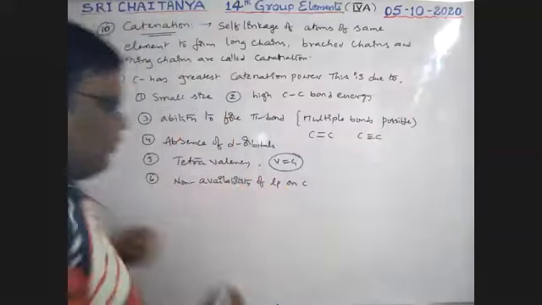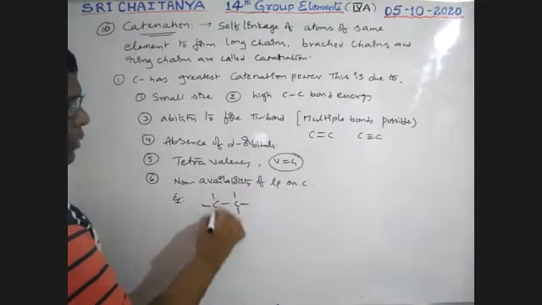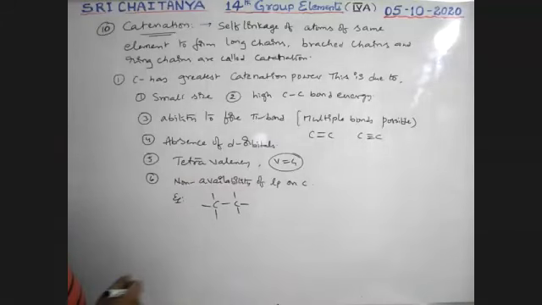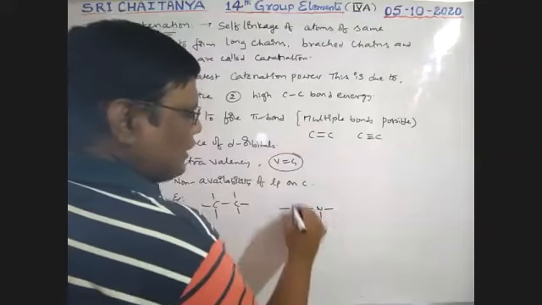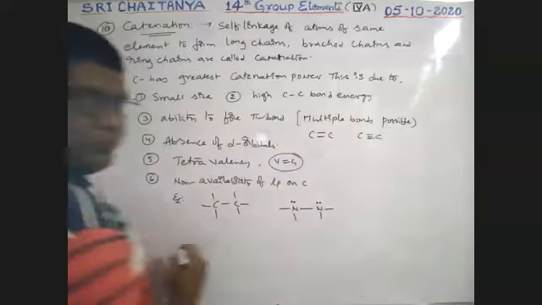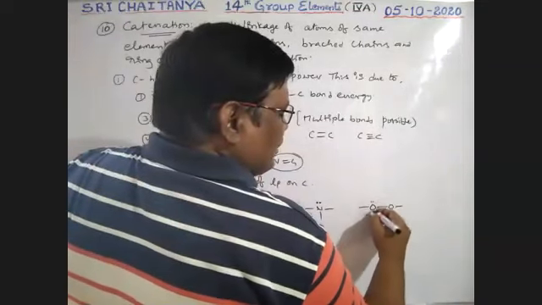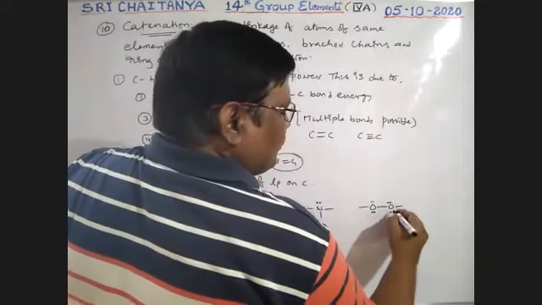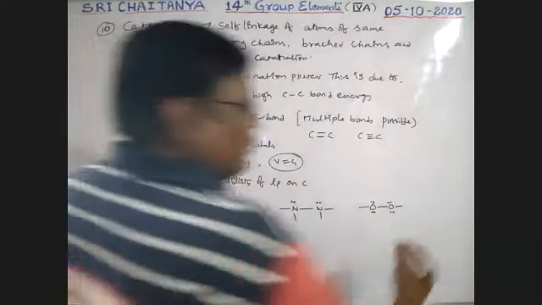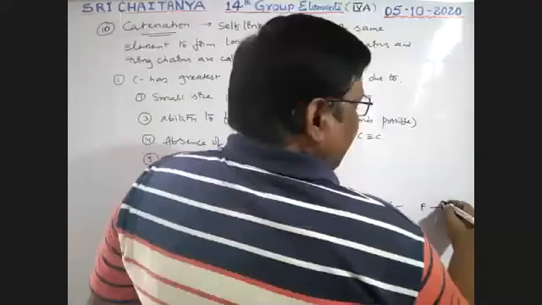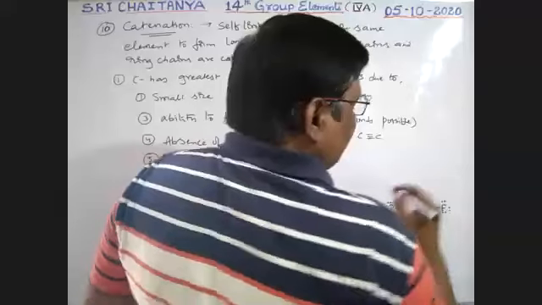See here, for example, between carbon and carbon, all are bond pairs, boys. No lone pair is there. Next, between nitrogen and nitrogen, let us observe 3 bond pairs, but nitrogen has 1 lone pair. Next, between oxygen and oxygen, each oxygen has 2 lone pairs. Next, between halogen and halogen, I am taking fluorine. Each fluorine has 3 lone pairs.